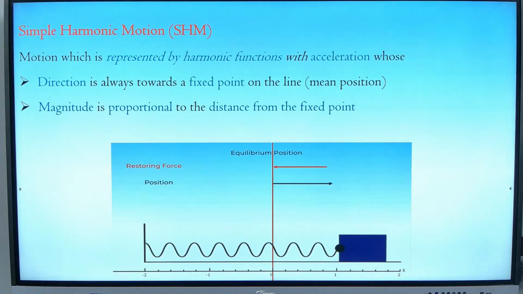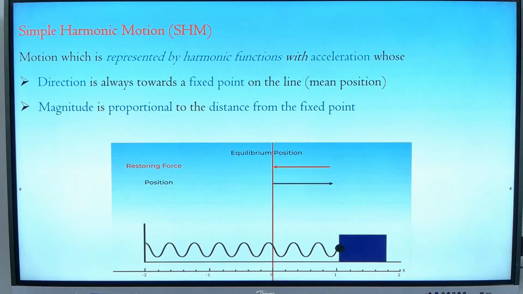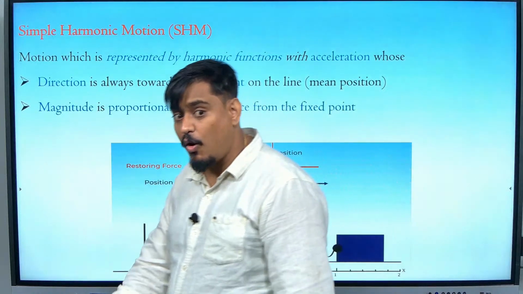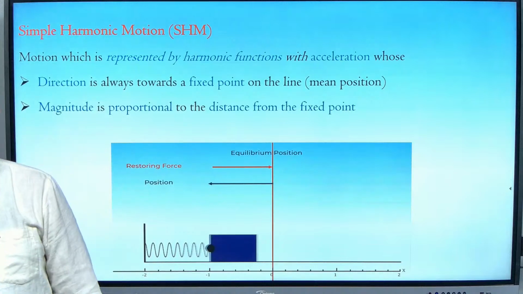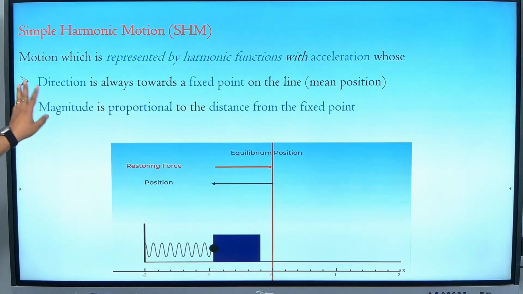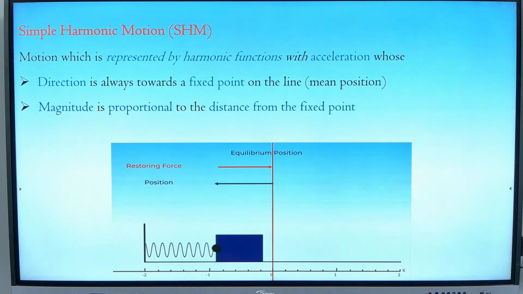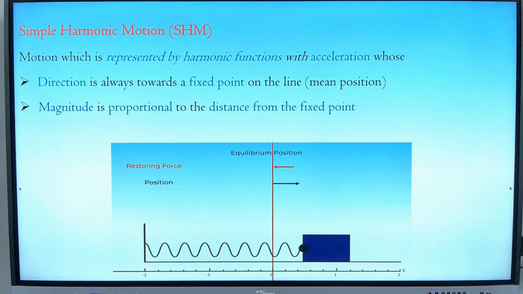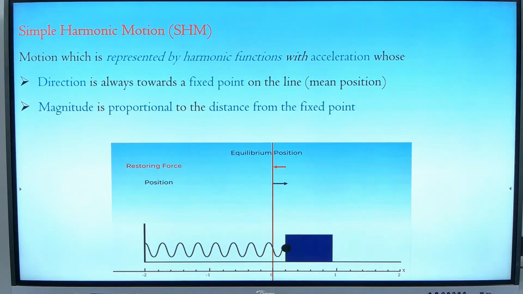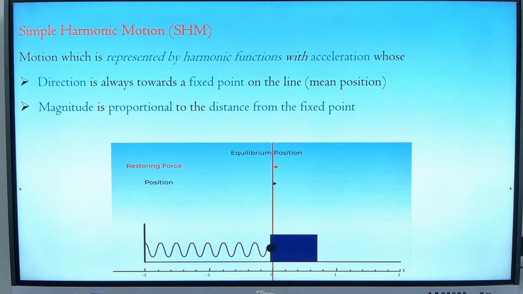So, which oscillatory motions will come under the SHM category? All the oscillatory motions which follow these rules. Once again I am repeating, all oscillatory motion may not be simple harmonic. Only if they follow these 3 rules, then we are going to call them simple harmonic motion. So, you should be very clear in that. First, it should be represented by a sine wave or cos wave only. It must be directed towards a fixed point. That is, I can say this point.